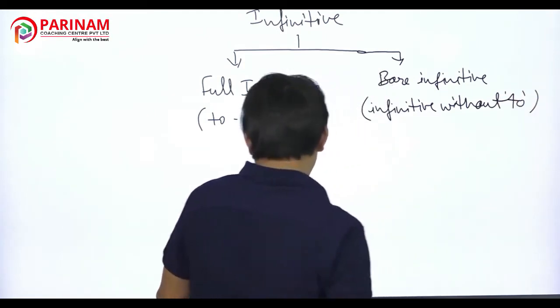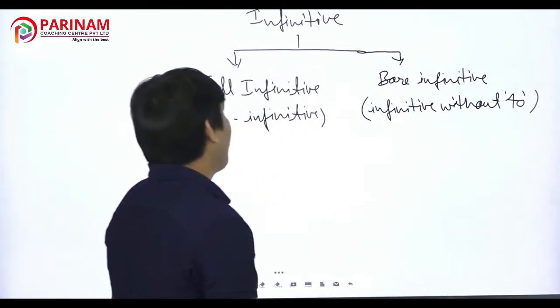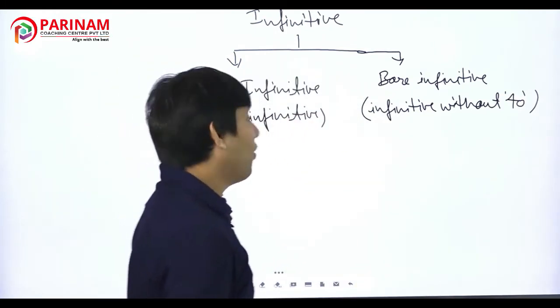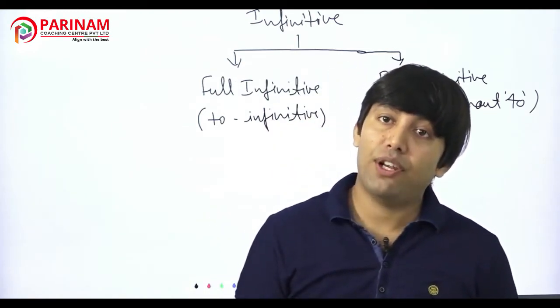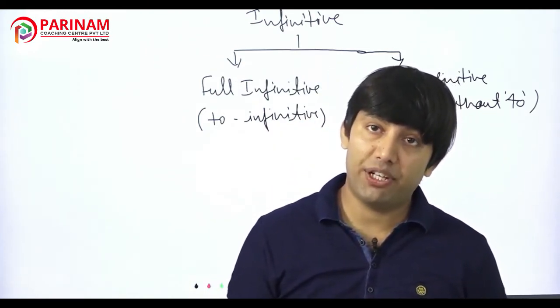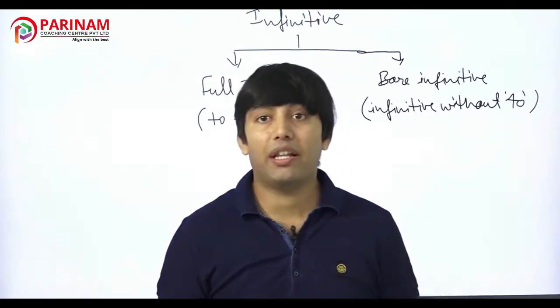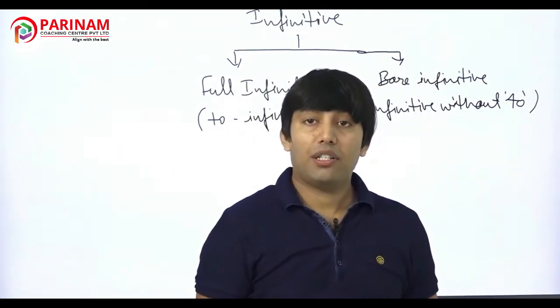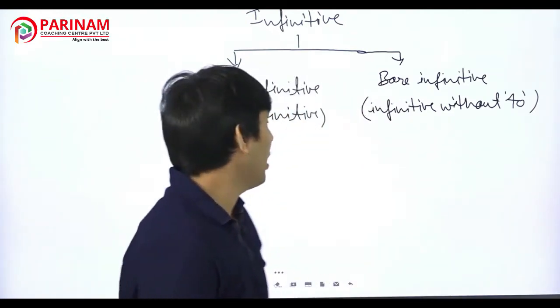These are the two types of infinitives: full infinitive and bare infinitive. What is full infinitive and what is bare infinitive? First of all, we'll study full infinitive, and then in the later part of the video we will learn bare infinitive. All right,